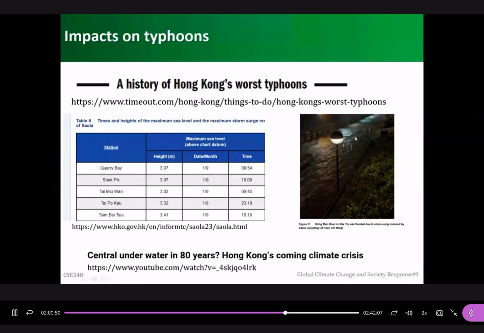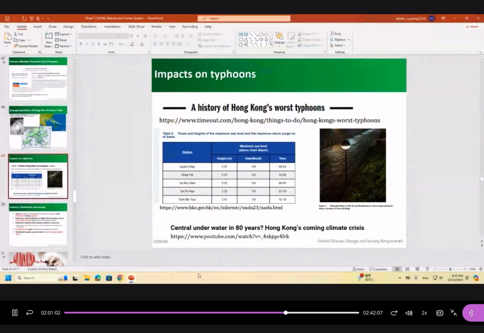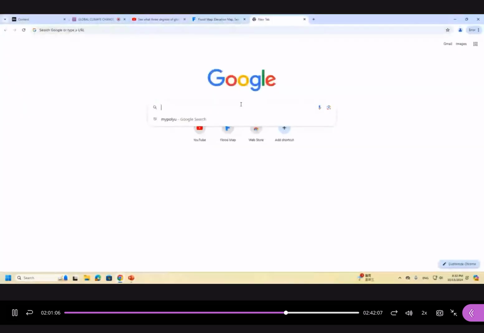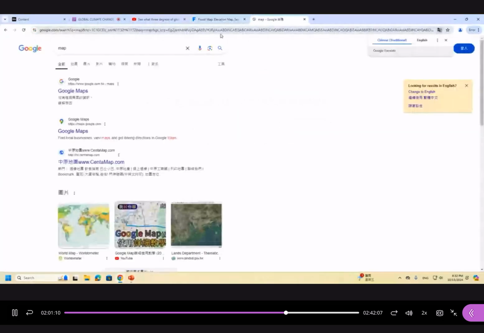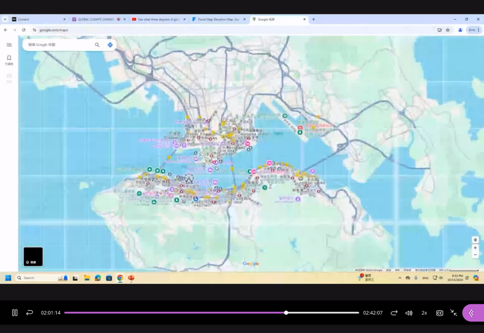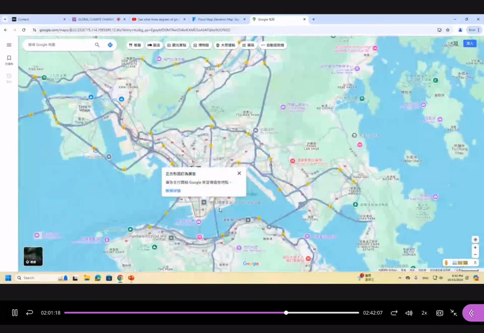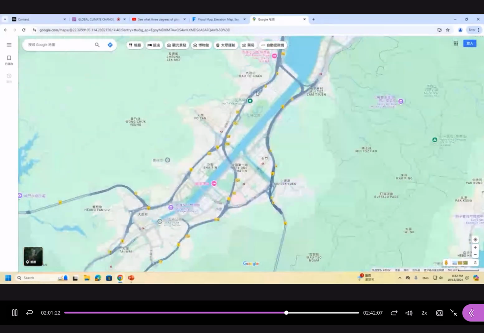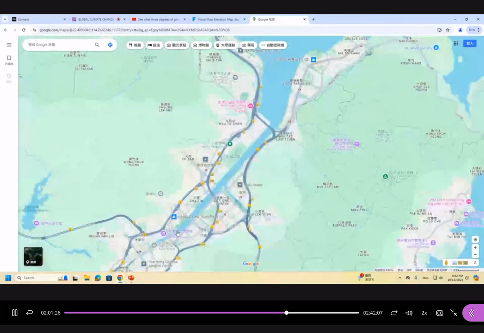I think many students have been to this region, because it's a place for riding bicycles. So you can see where Shatin is. This is PolyU here, and Shatin. This part, and this river is connected to the sea. So the storm surge will cause the sea level to rise.